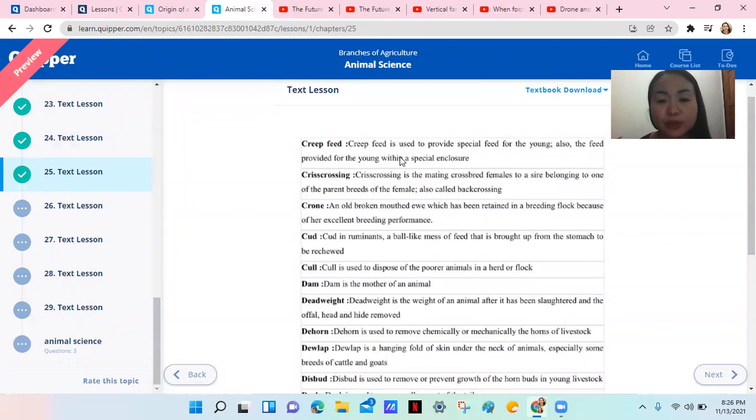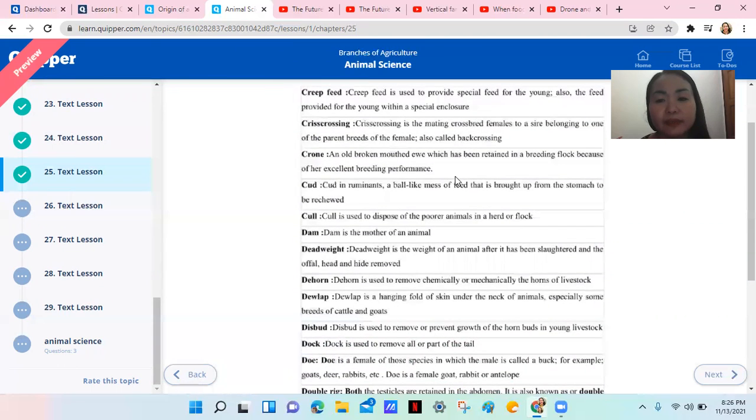Creep feed is used to provide special feed for the young, or the feed provided for the young within a special enclosure. Crisscrossing is the mating of crossbred females to a sire belonging to one of the